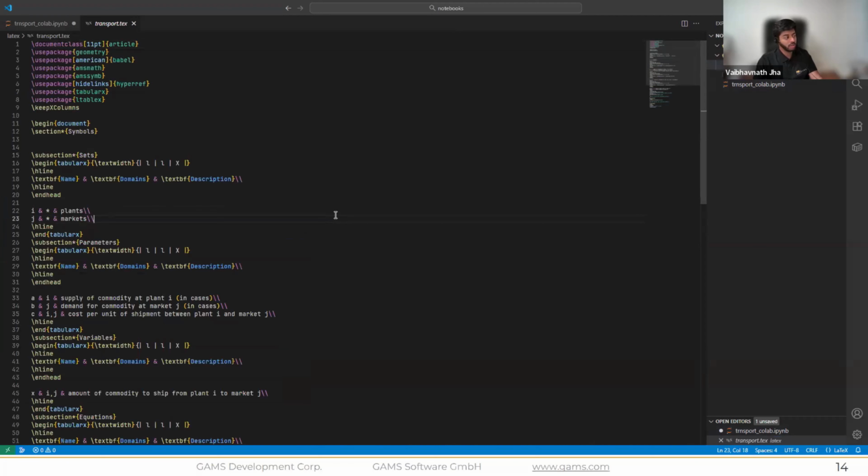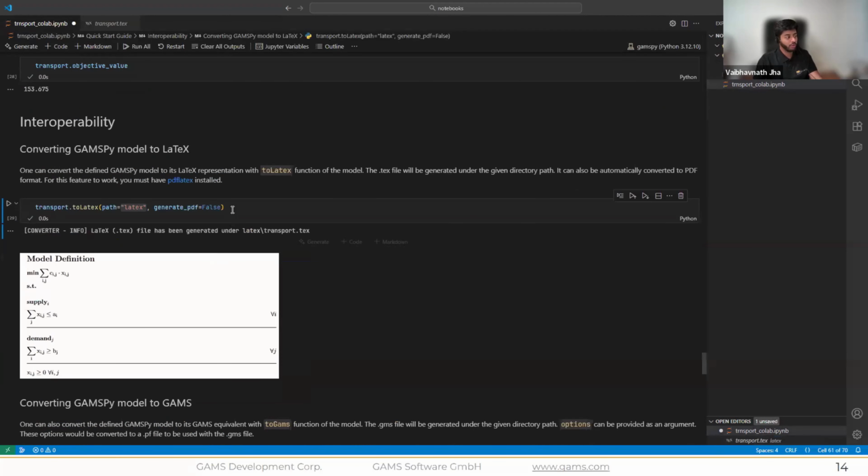And you can just copy this and paste it into an Overleaf document, and you will have the PDF version of your GAMSPy model. And if you have the PDF LaTeX utility installed on your system, you can just change this parameter to true and run this again, and you'll have a local PDF of your GAMSPy model.